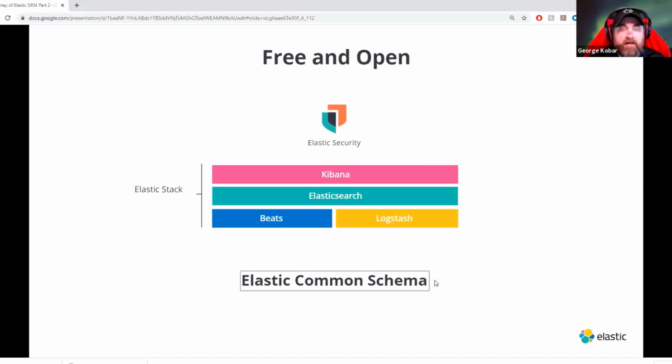And one of the things that provides a lot of the data into Elastic is the Elastic Common Schema. It's a unified way of bringing all of your logs in, and we'll go into this a little bit because I think it's important to see, when we're creating some of these SIEM rules and these different signals, how the placement of documents in Elasticsearch plays a role in that. But the Elastic Common Schema is a unified framework for bringing different log types into Elasticsearch, without you having to